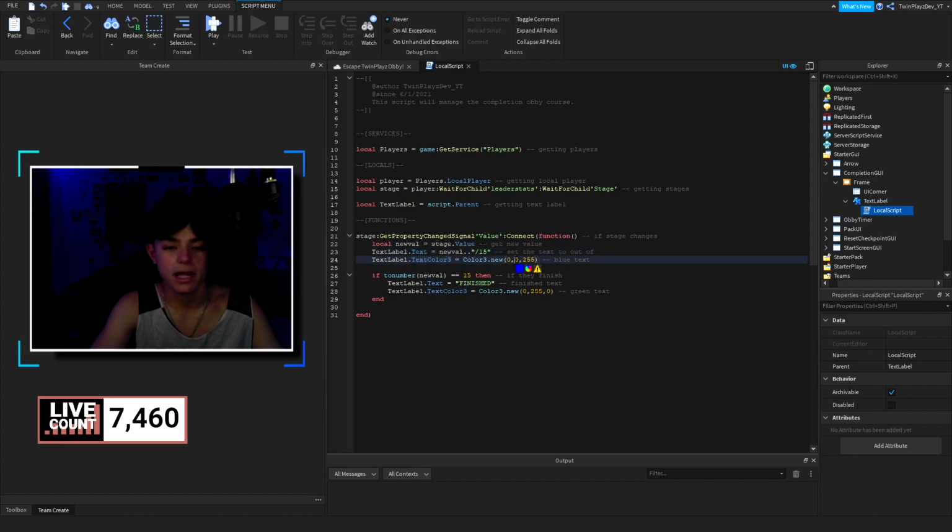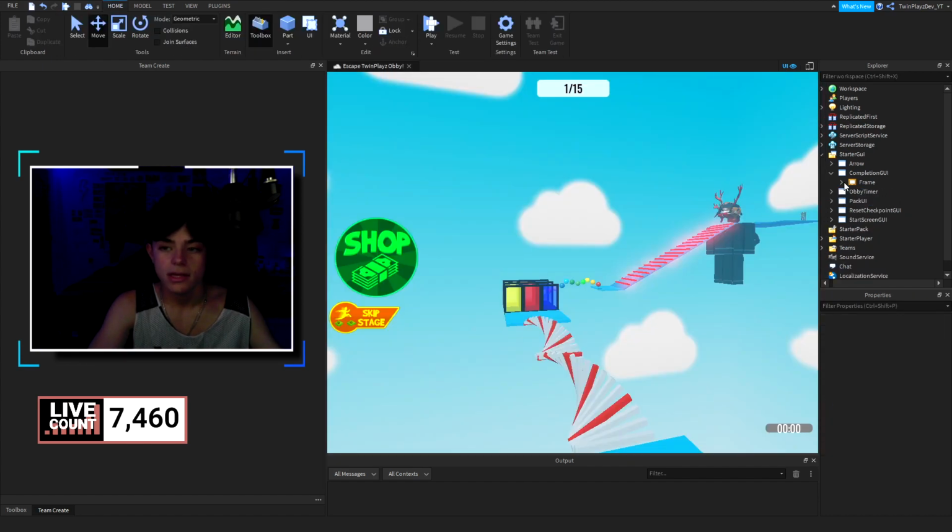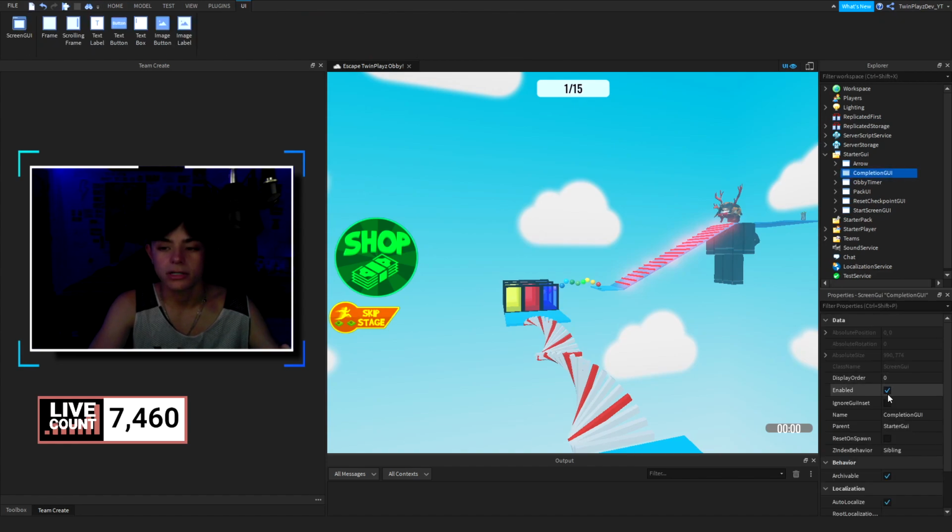And then we change the text color, and then if it equals 15, so if the new value goes to 15, okay, then we're going to name it finished, and then we're also going to change the text color to green, as in like a cool little thing saying it's finished. So pretty simple with that. You're going to just turn that off. And now, like I said, guys, when you customize these, you can enable them and look at them, but make sure to turn them off at the end.